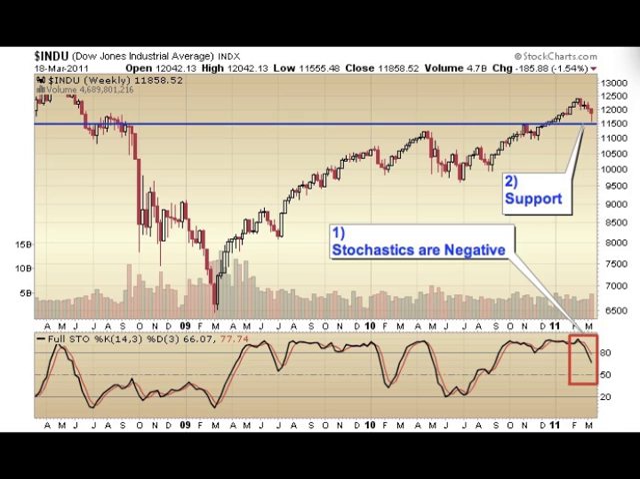Take a look at the weekly chart. The stochastics look very negative. Point 1 shows us where they're falling from overbought territory, and they're looking like they've got a long way to go before they're oversold. That's why I question whether or not we're going to hold that support during that level